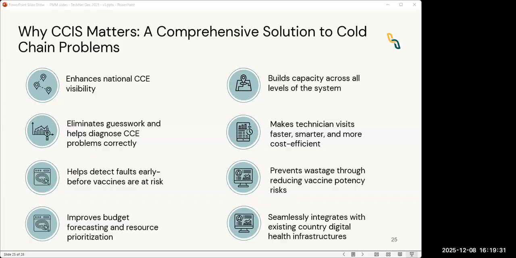The PMM questionnaires themselves, we also, in the pilot countries, had Sentinel officers out there able to collect the data. They went through training on not necessarily the application itself, but just what the questions are and how to answer them, which is part of the toolkit that Eda mentioned before. The data is there in Excel as well as within the app, so it covers what we answer, how we answer it, and the frequency of that. But happy to talk with you more about it offline too, if that helps.